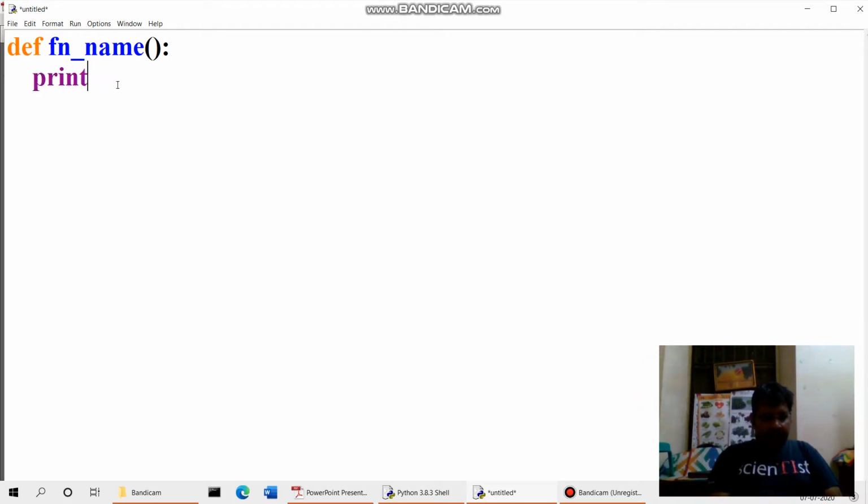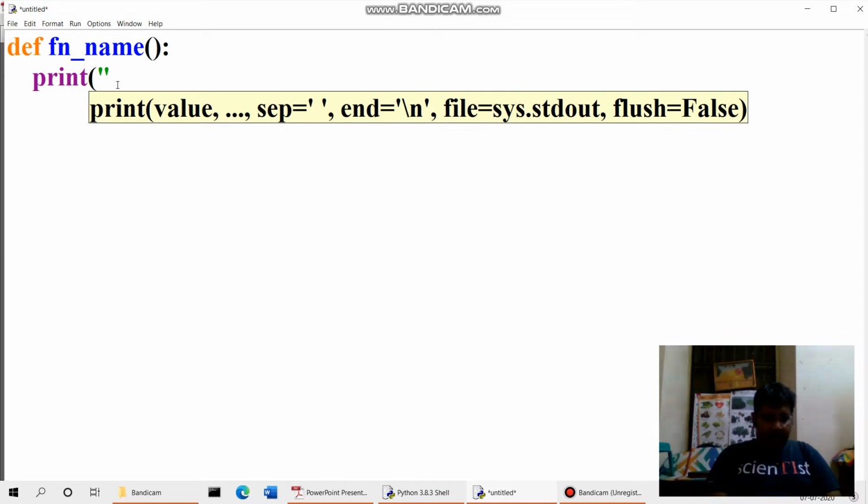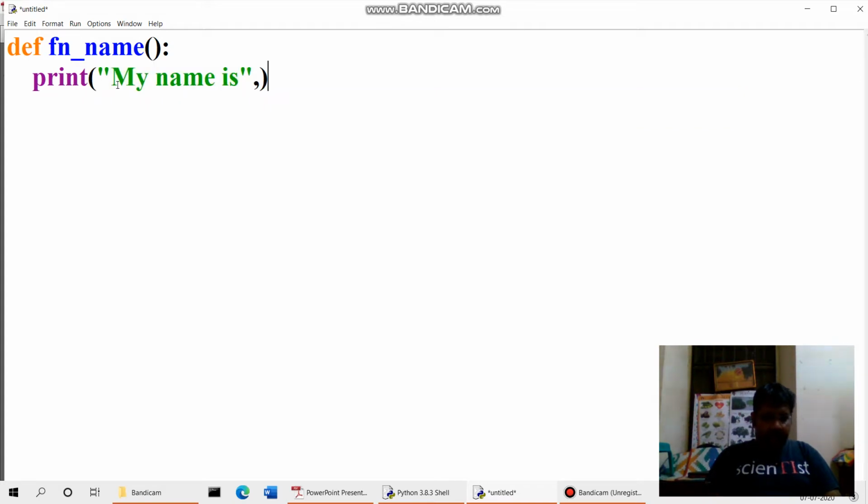So print, for example, my name is... so I want to print something. So how will you call the function? To call the function, give the function_name without bracket.